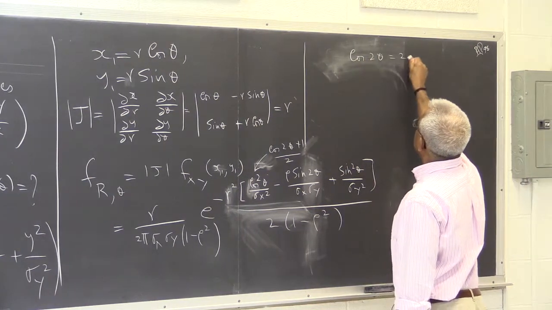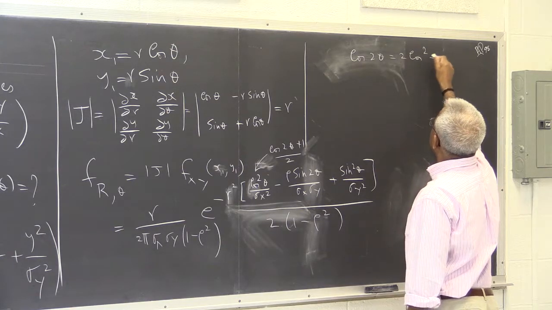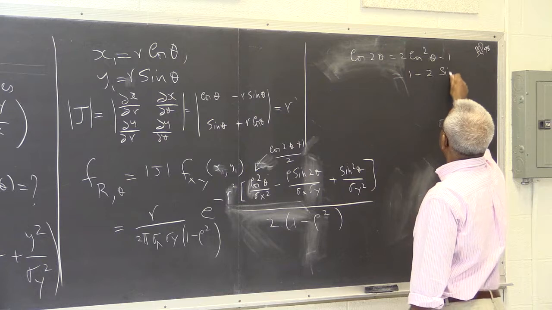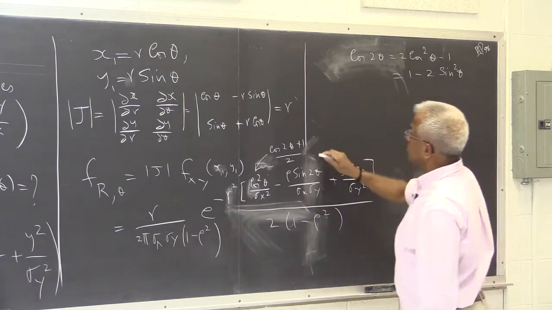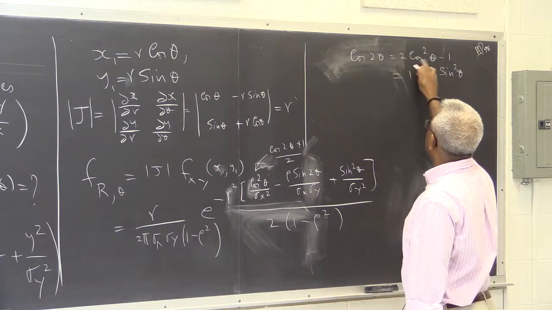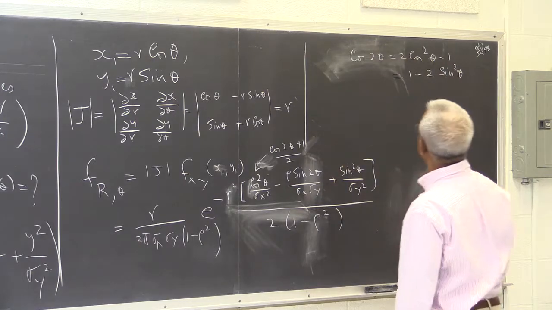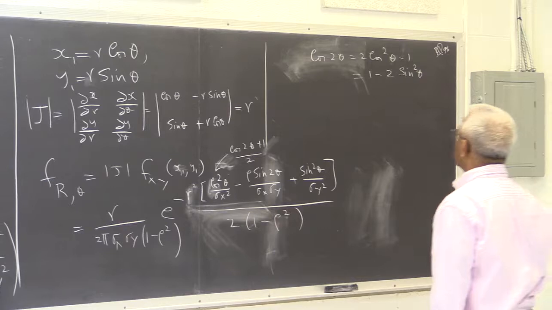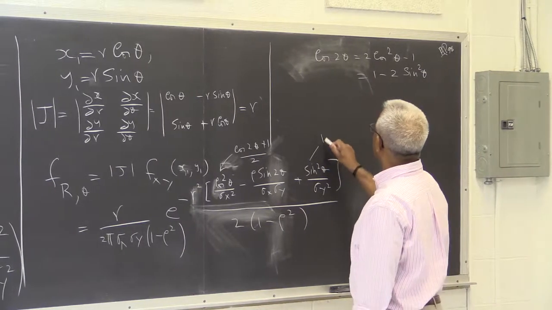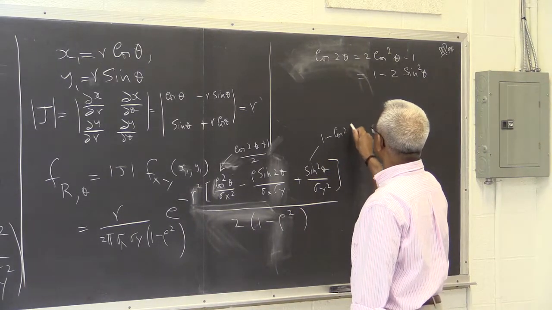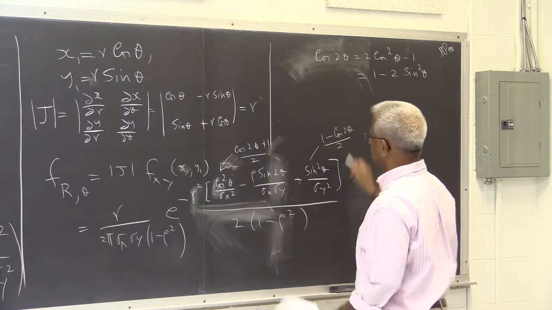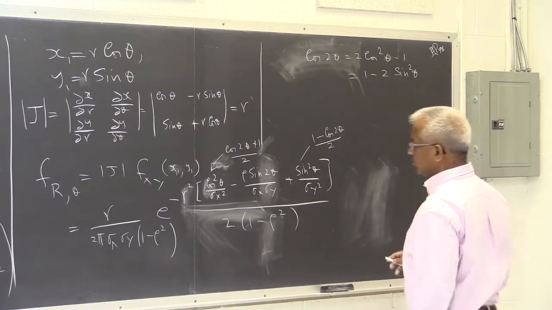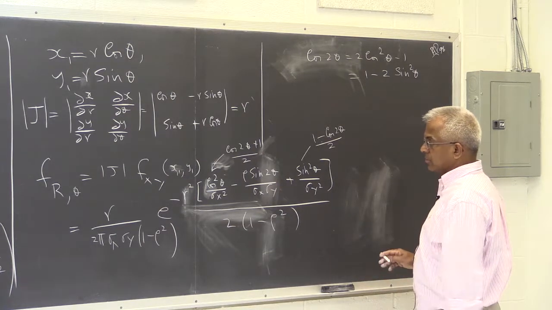Cos 2 theta is 2 cos squared theta minus 1, or 1 minus 2 sine squared theta. So this would be, cos squared theta is (1 plus cos 2 theta) by 2, or sine squared theta is (1 minus cos 2 theta) by 2. So this of course can be written as the